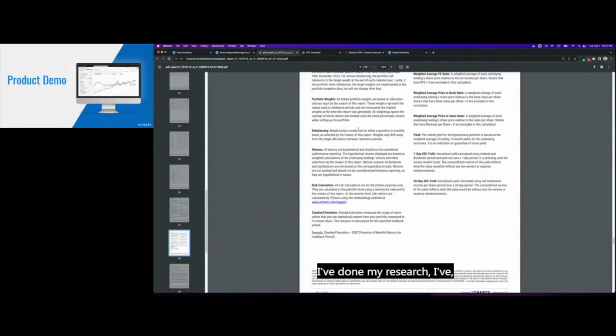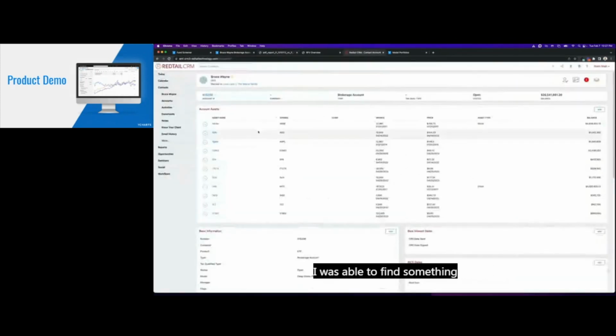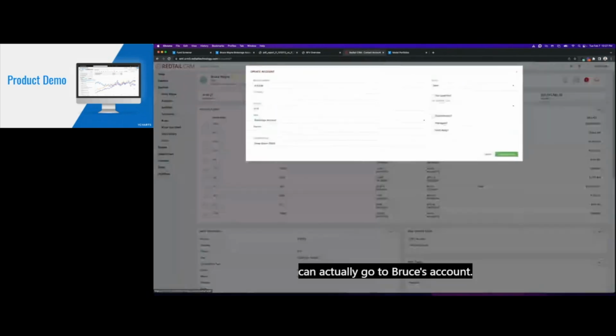I've done my research. I've looked at some new ideas using the screening tool. I've built those portfolios out using the Redtail integration, and that proposed portfolio as well for Bruce. How can I go ahead and get all this ready for my meeting? Well, I was able to find something pretty cool in Redtail where I can actually go to Bruce's account